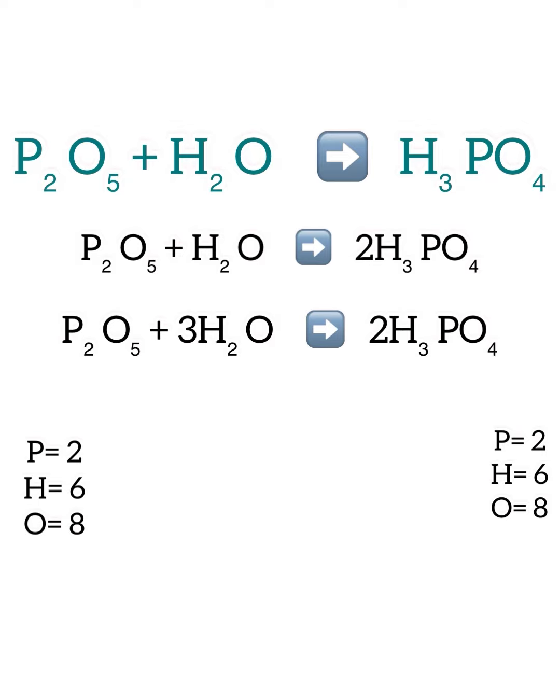Once the product is done, we look for the coefficient number 3 in the hydrogen of the reactant. The atoms change and we check if it is balanced. If the equation is not balanced, we look for another coefficient. We multiply the same process and realize that the 3 of hydrogen will affect the product. Phosphorus has 2 just like the product, hydrogen 6 and oxygen 8, as well as the product,